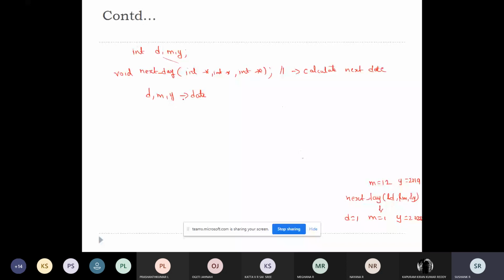But programmatically, you cannot place them in the same group. There is no language support which can place these three variables in the same group.